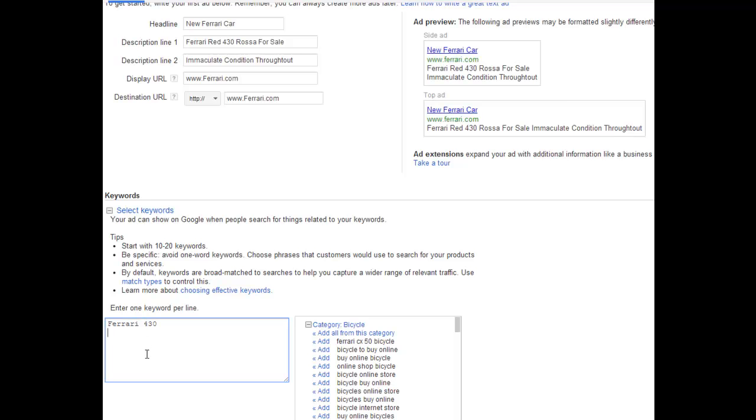Ferrari Rossa red. Make sure that you spell it right, otherwise it's not going to be good. 430 for sale. Ferrari for sale. Now what I tend to do with any ad group is keep them small, so I have no